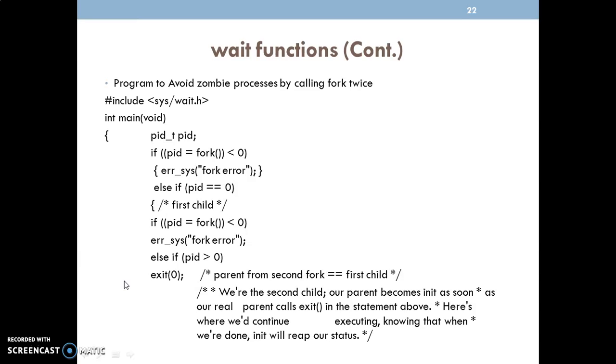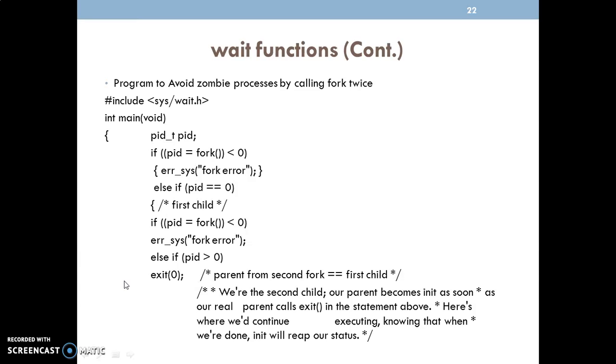In this case, we are creating one child process by calling the fork API. Then we are allowing the first child to continue. Next, once again the first child will become the parent for another child. In this case, once again we are calling fork. Else if PID is greater than 0, that means whatever the first child is. Say, for example, I'll take one example so it is clear. A is a parent, then A creates one child B. B is now a parent for child C.